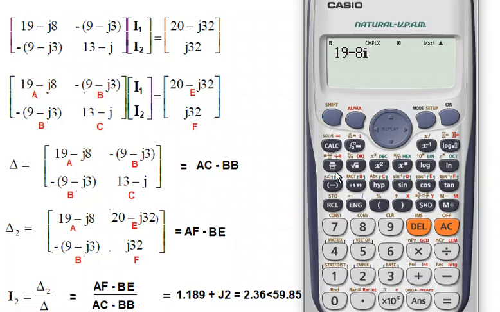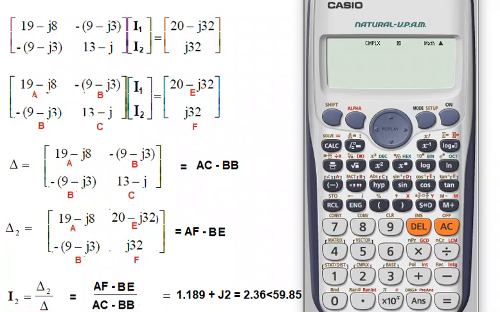So shift store, and it is now waiting for the name. And now to input the name A, we don't need to press alpha, we just press this button. So it is saying that 19 minus 8I is saved as A. Okay, this is fine, and now we'll press AC, and in the same way we input all the other values. After we have inputted all 6 values, we go to this division option, and we input the formula. We get the result as we got.